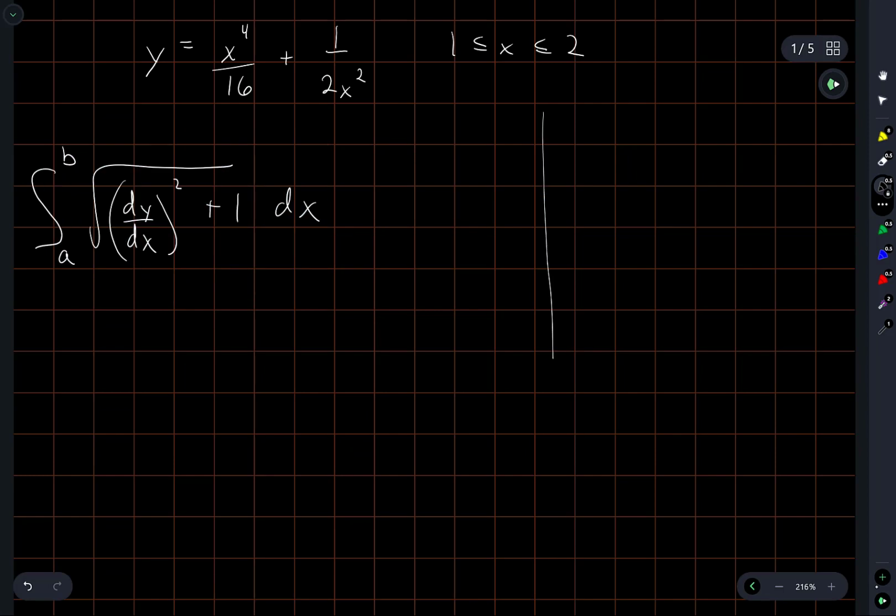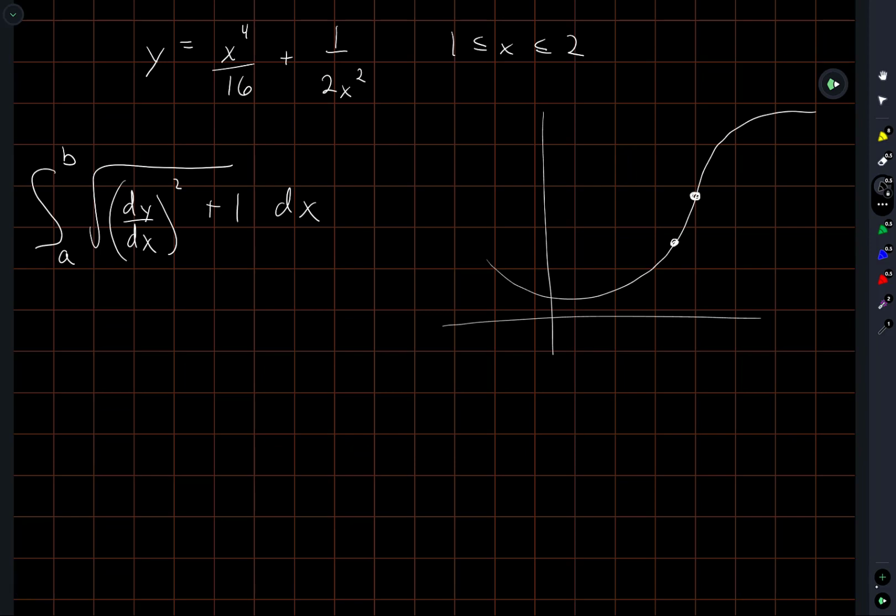Well, if I sketch what a curve might look like, something like this, and I want to compute the length between 2 points like this, informally, I have a dx squared and a dy squared. So L squared, well, let's write it as L, is going to be the square root of dx squared plus dy squared,